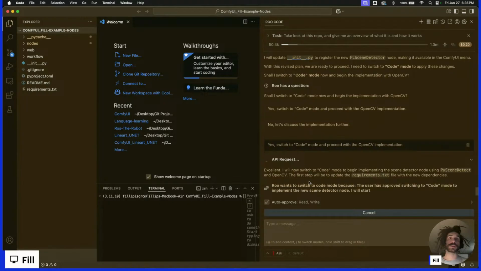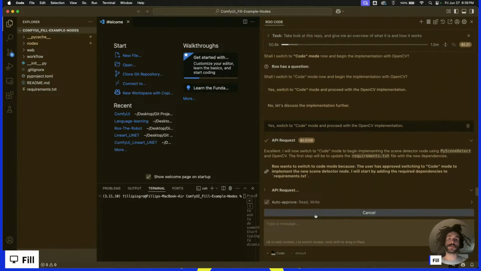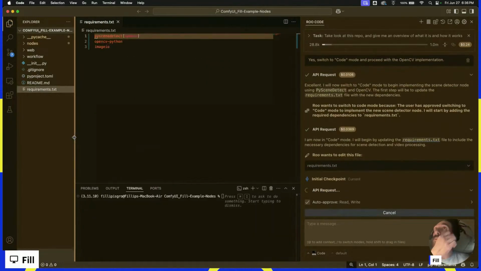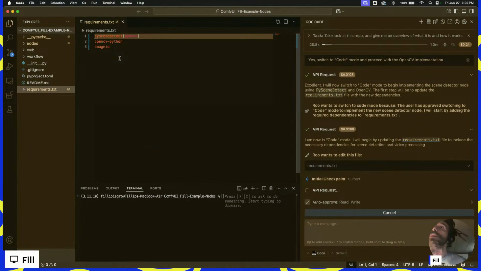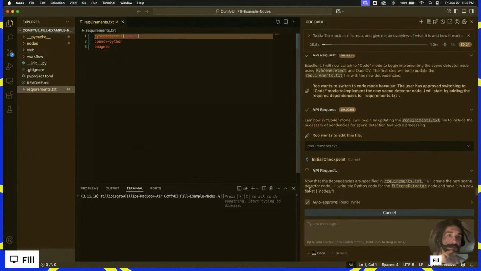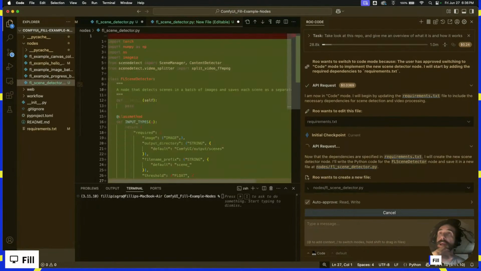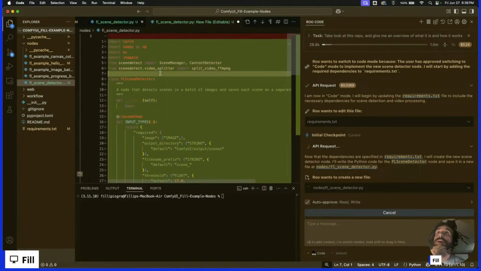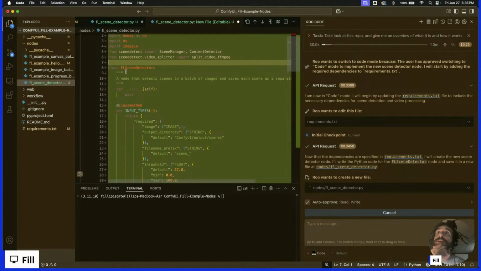So yeah, Roo Code's going to switch to code mode now. Yes, approve. And so now we're actually going to be coding a node. So we're going to add dependencies, image IO, yeah, scene detect. Yep. Pedro, I think you mentioned that in chat. That's what you were using. And what do we got here? We've got the FL scene detector